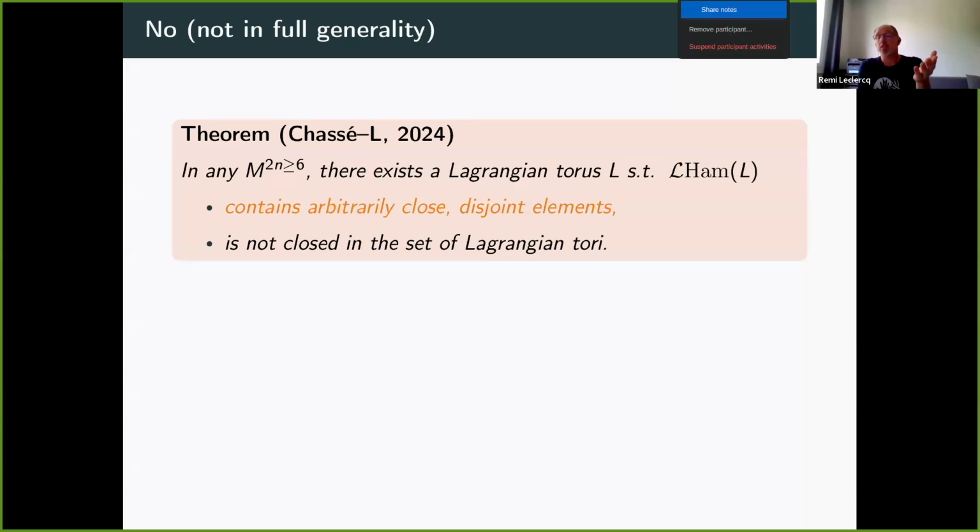So the first statement obviously shows that there is no nice neighborhood like the one I'm trying to find. There is no neighborhood of persistence of Hamiltonian intersection, hence no neighborhood of persistence of symplectic intersection, and so on. No path connected neighborhood. And the second one is going to disprove something I didn't mention yet, but which will come later in the talk: the C0 and C1 Lagrangian version of the flux conjecture.